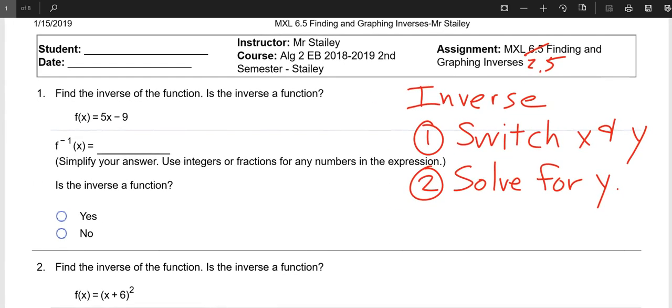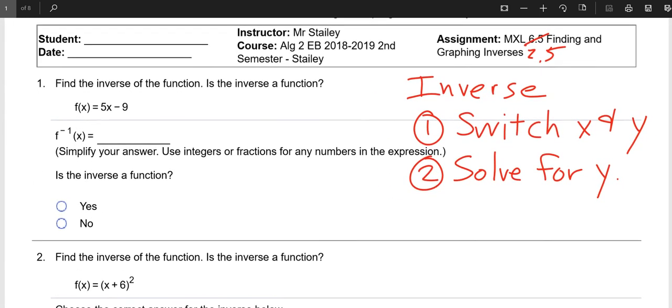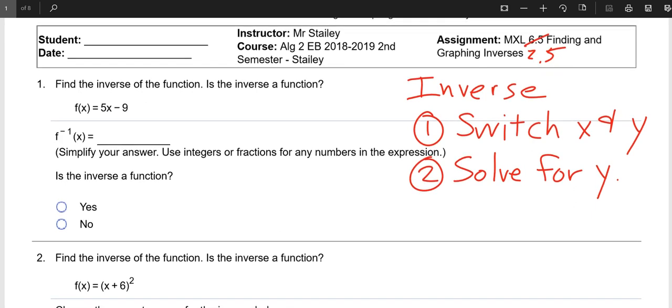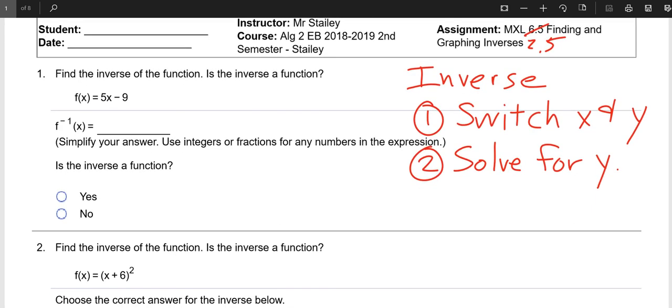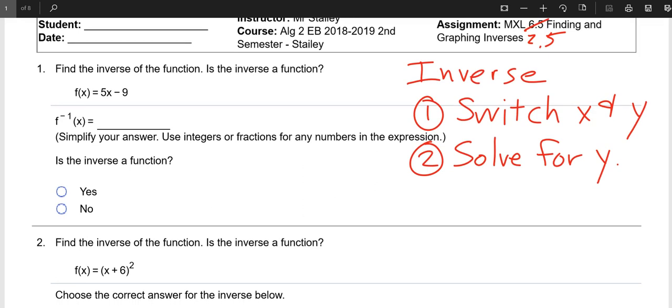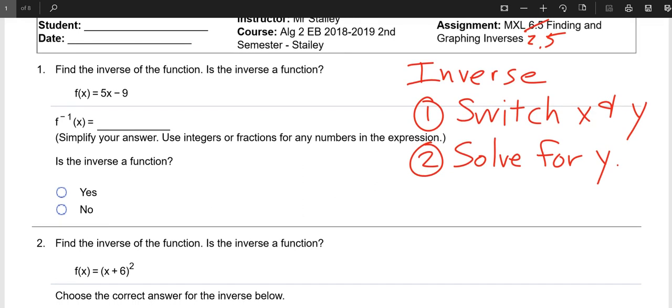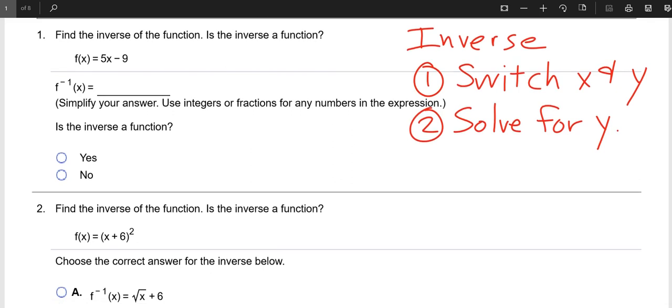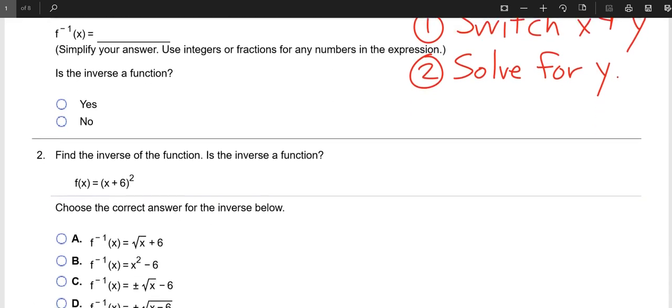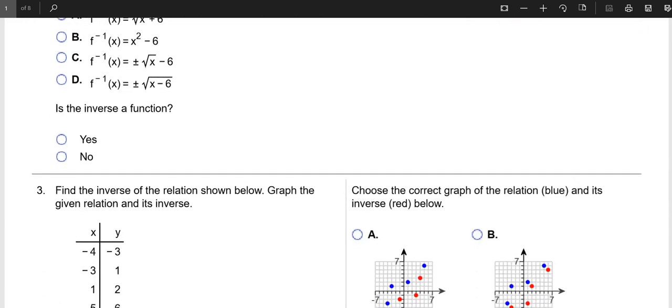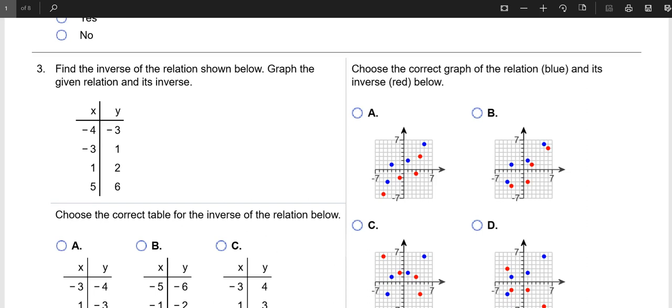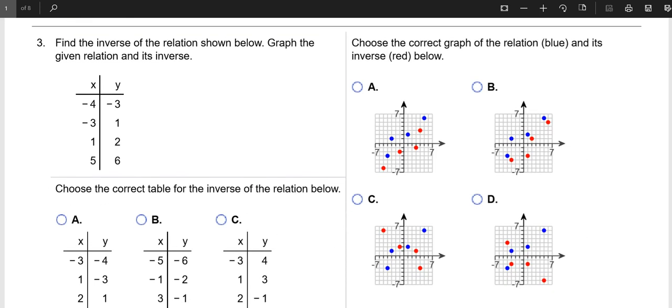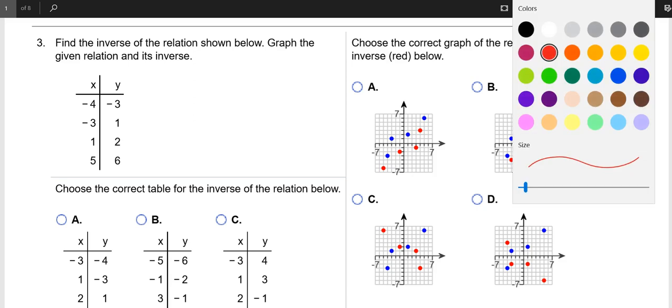Now, hopefully you have that written down somewhere so we can move down to question 3. That's where I want to start with, because I think that's the easiest question. Switch x and y's rule number 1, which is all we're going to be doing for this first example. Now, in question 3, they said that the